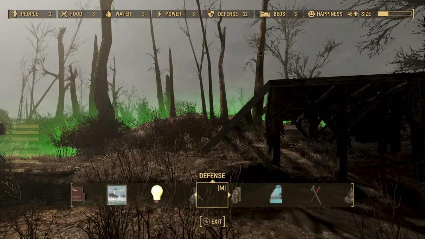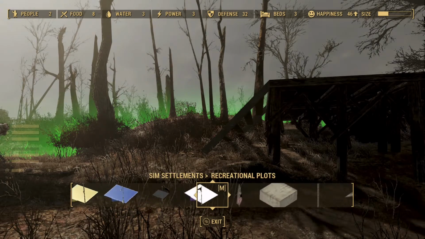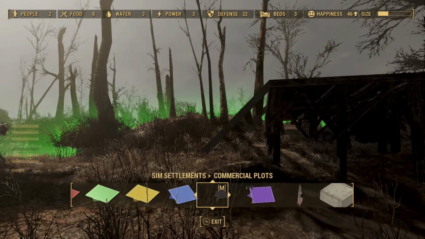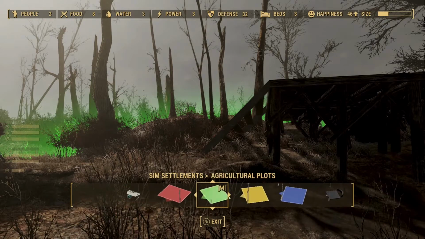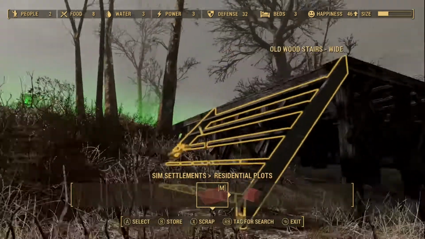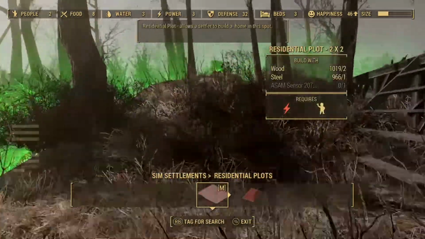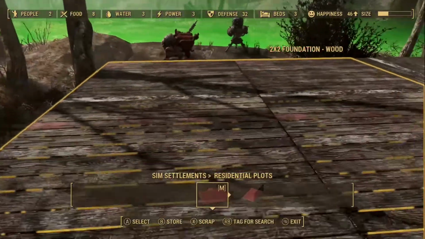Alright, so now what we're gonna do is lay down the plot. The residential plots, not recreational. Agriculture we're gonna do in the middle, and residential we're gonna do here, and probably in the back area as well. So I want to get 4 or 5 people here besides...